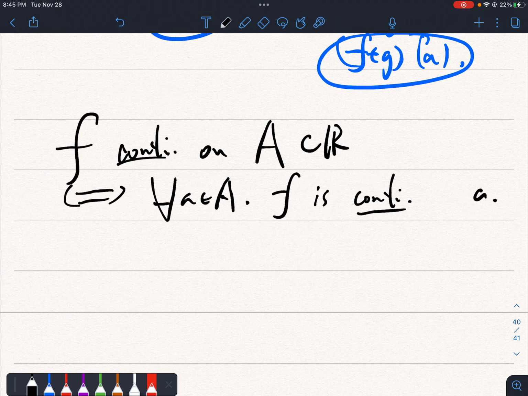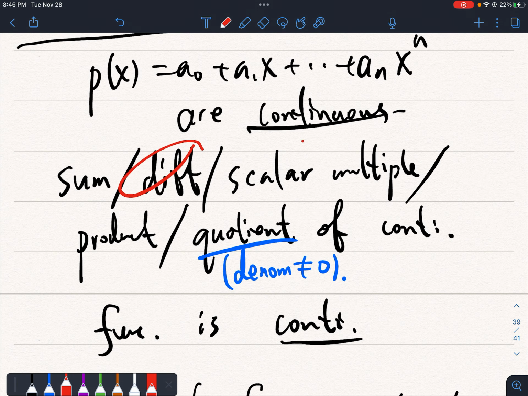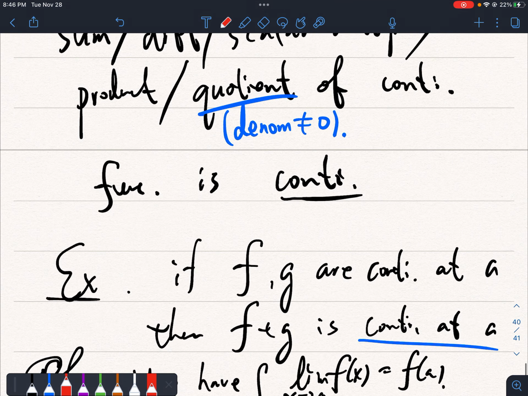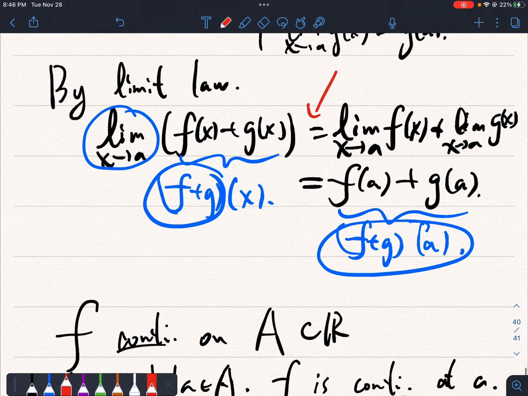But now, let's just use this notation. So just by exactly the same argument, the main part of this proof is just this limit law. So you can prove similarly that all the others are correct just by applying the limit laws, and you win. Okay,